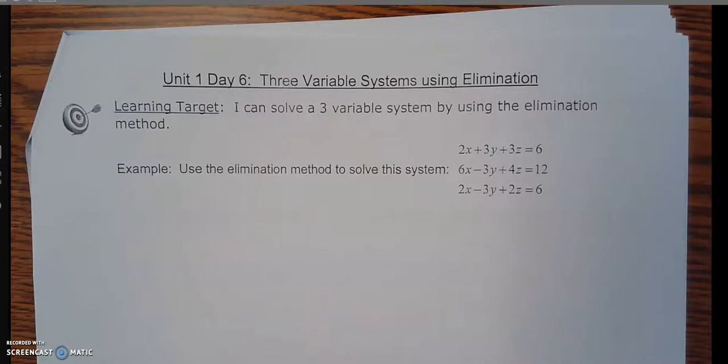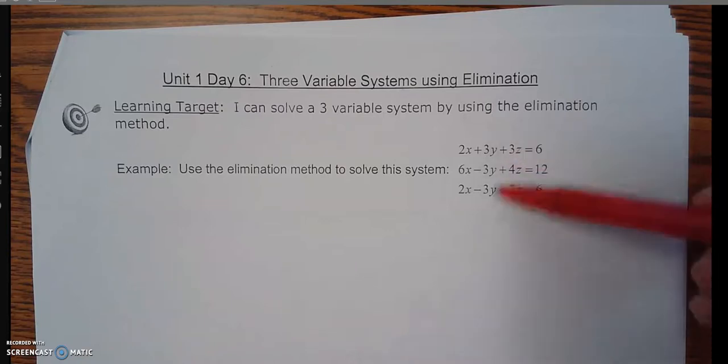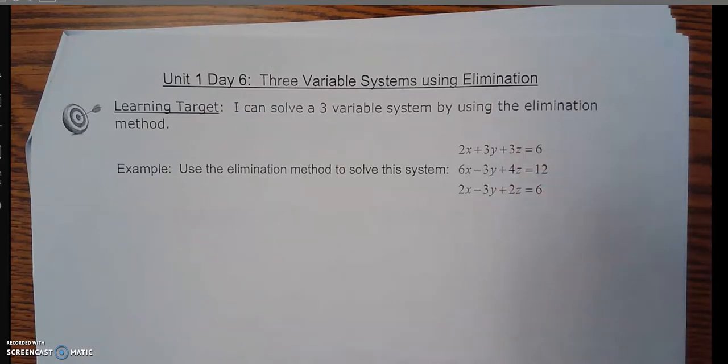Alright, this is Unit 1, Day 6. We're going to keep going with the systems of equations, 3 equations, 3 variables. Except now we're going to do elimination, which some of you probably did a little bit of in Day 5. You get to choose, and honestly, 9 times out of 10, I'd probably choose elimination